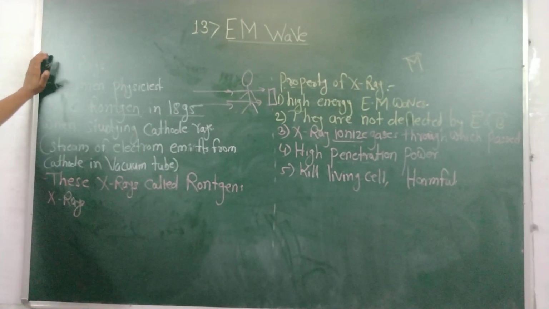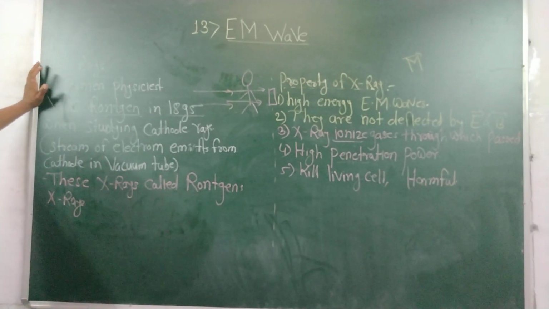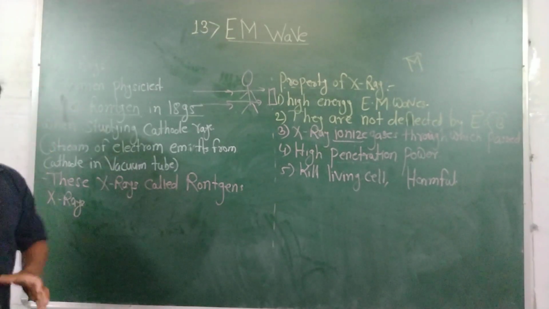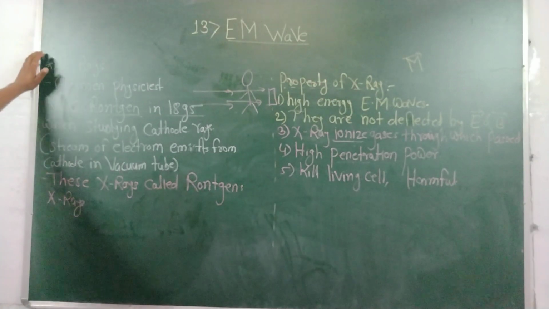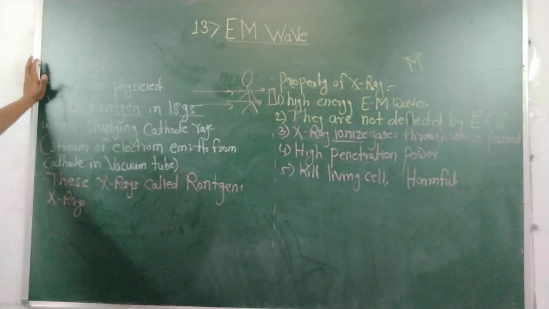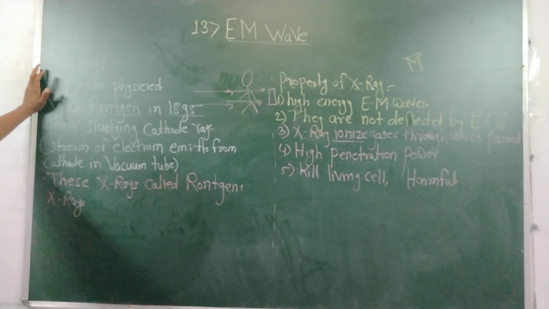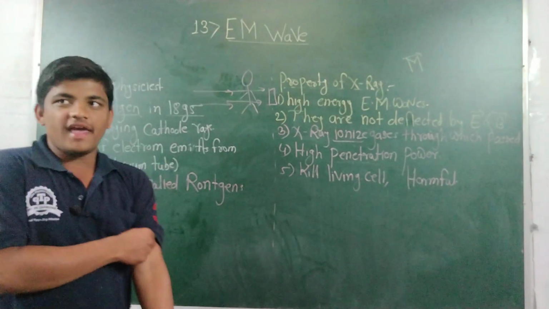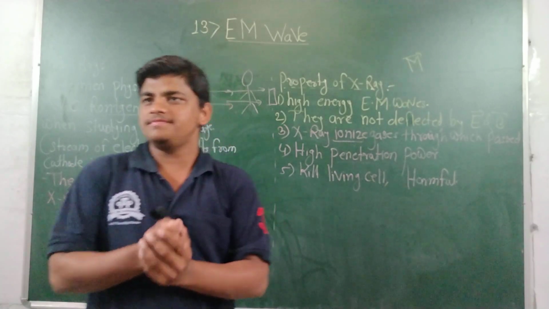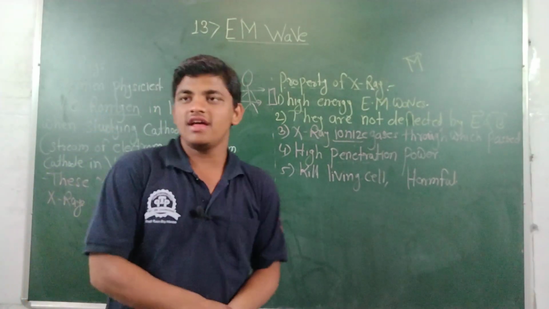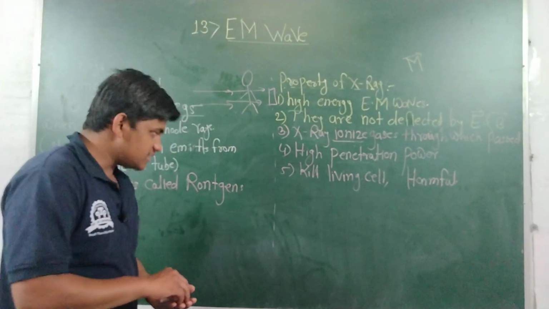Which scientist discovered the X-rays? The name of that scientist is W.C. Roentgen. In which year were they discovered? That is 1895. What is the actual source of the X-rays? It is a cathode. These are some properties, and let's start to discuss the uses